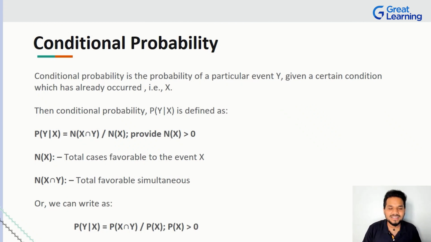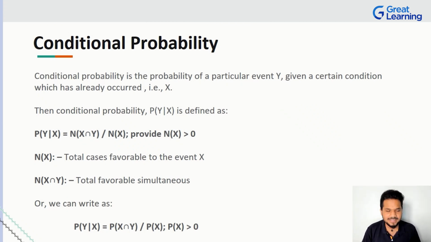Now coming to conditional probability. Conditional probability is very similar to probability, but here we're considering the probability of an event occurring if another certain condition has already occurred. I'll give you an example. What is the probability that it will rain the day after tomorrow if it rains tomorrow? You see that, right? There's a condition there. It's not just me randomly talking about the day after tomorrow's rain. I'm asking what is the probability that it will rain the day after tomorrow if it rains tomorrow, right? There are two probabilities that you'll have to work with.